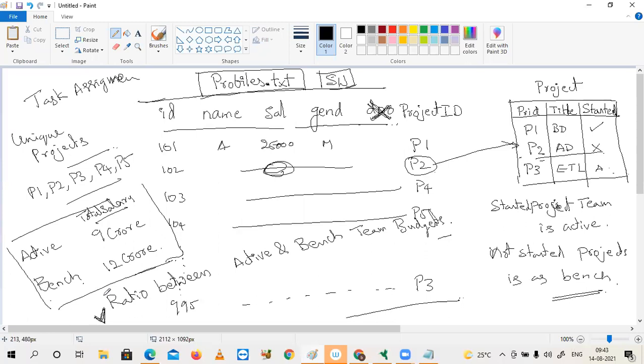2 tables, right? Profiles and project. Yes, yes. In our case, those are separate files. Okay, from a database point of view, those are 2 separate tables. Just take a screenshot. Don't try to write it.